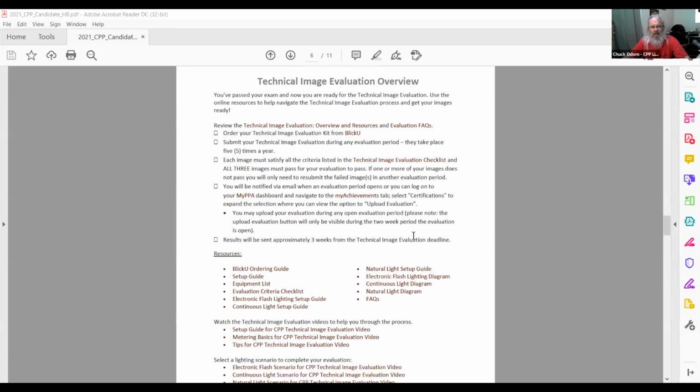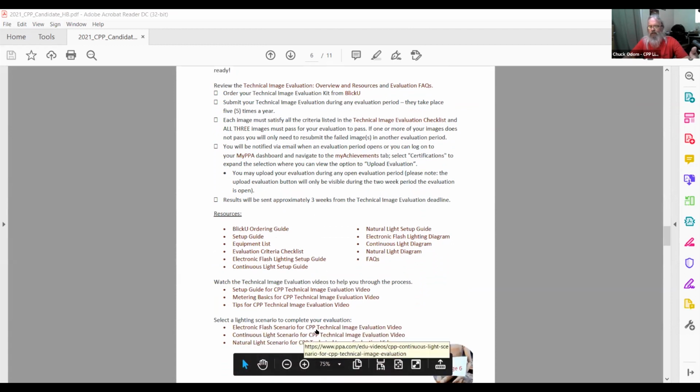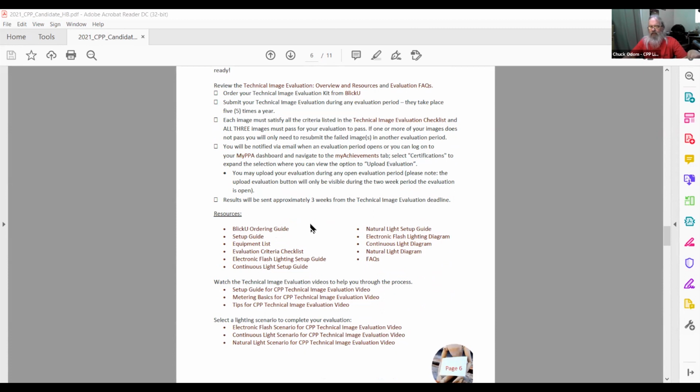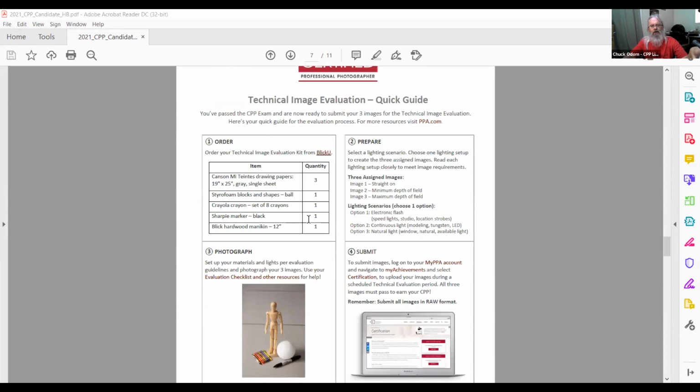Yeah, but this has everything you need. It's got videos for the different lighting scenarios. It's got a link to the kit. It's got a setup guide. It's got whatever you need. Now, the biggest problem, I'm going to go here, technical evaluation quick guide. Order your technical image evaluation kit from Blick, and it's got a link right in there. We click on that,